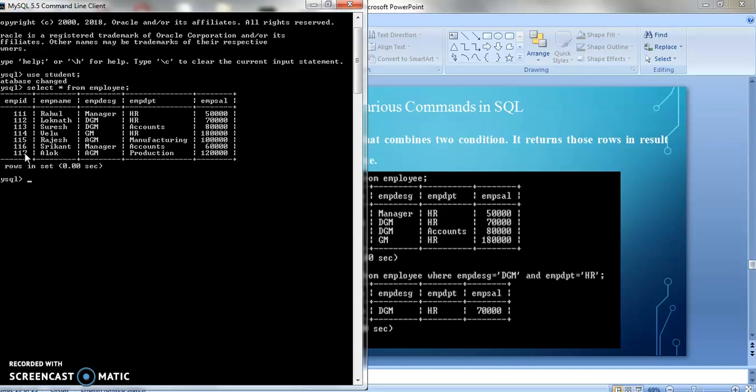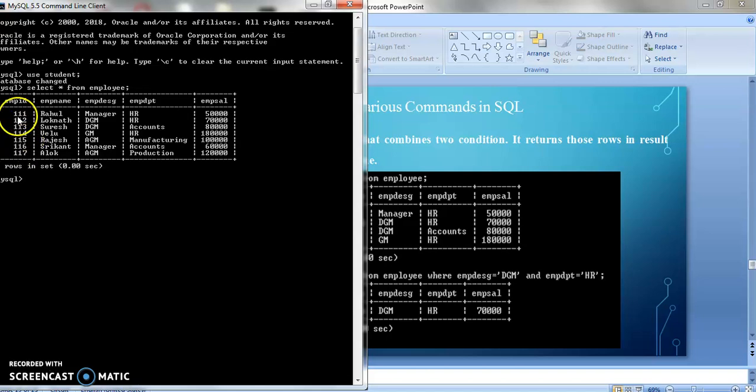Suppose I want those employee records whose department is HR and designation is DGM.